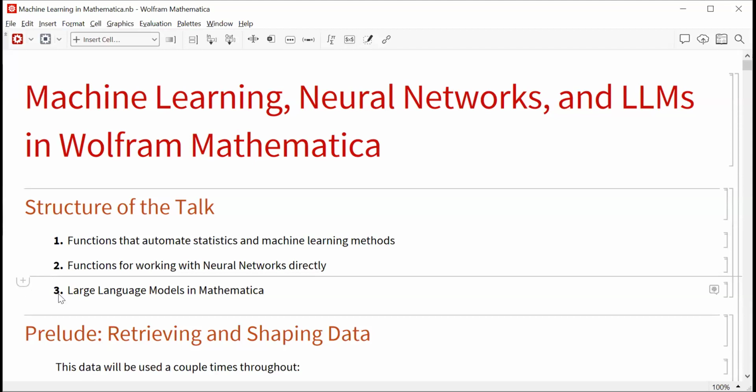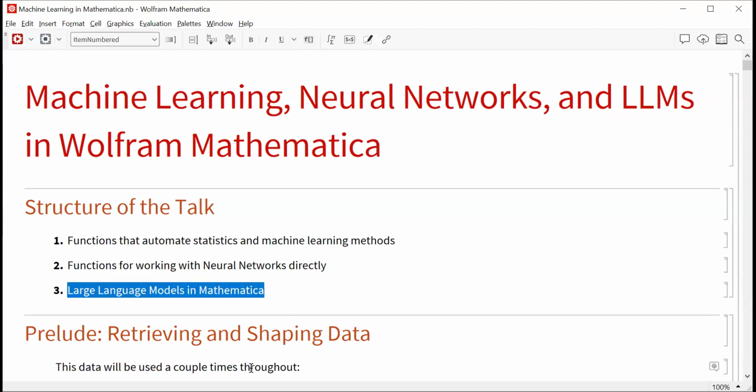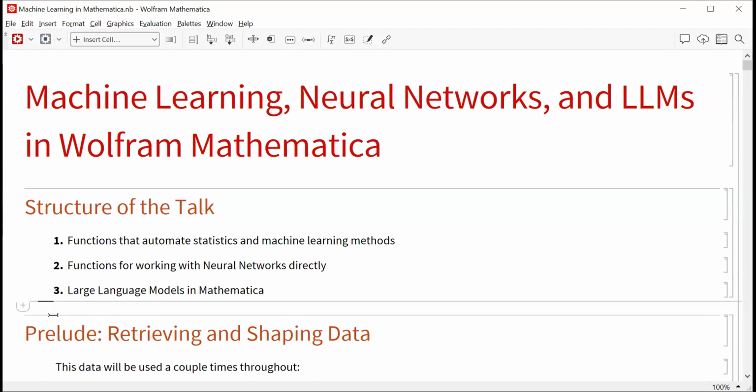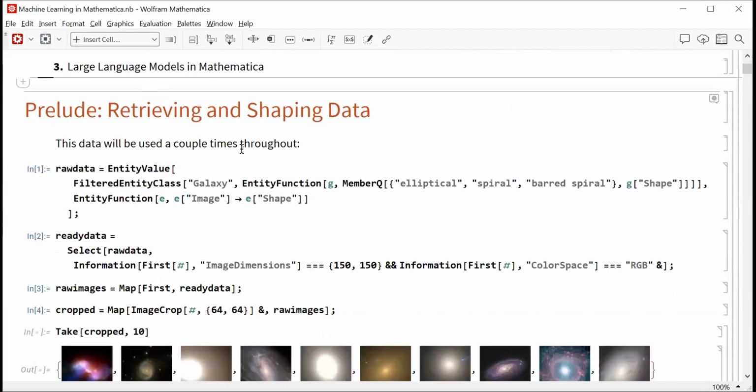And then the third topic that I'll talk about is using large language models from within Mathematica, and some of the things that seem to be most relevant for people who are doing science and might be interested in that functionality. As a prelude to talking about some of these things, remember also that there is a large